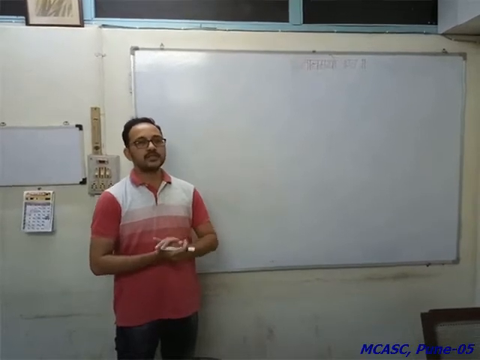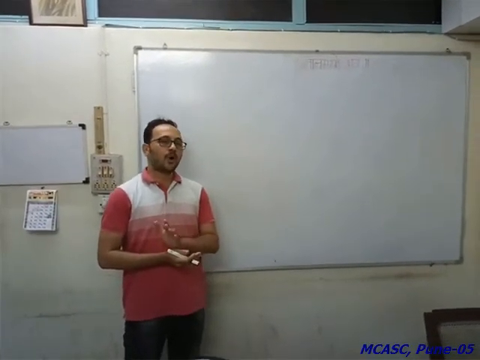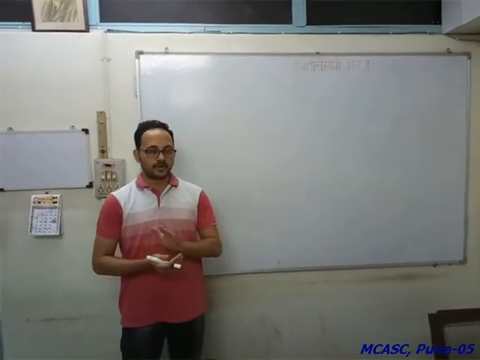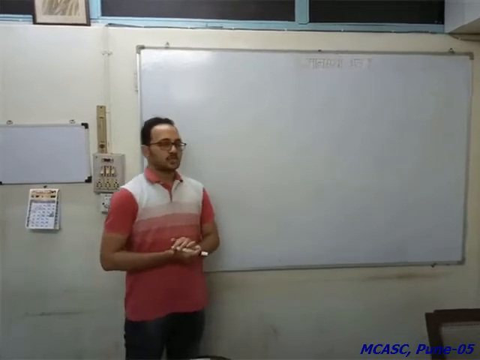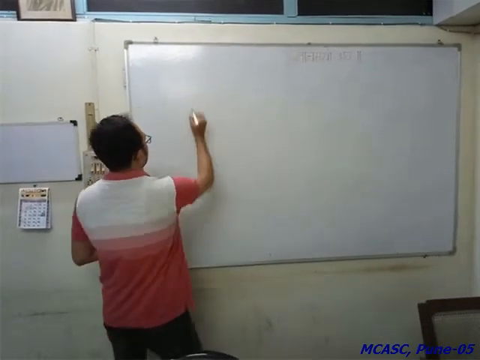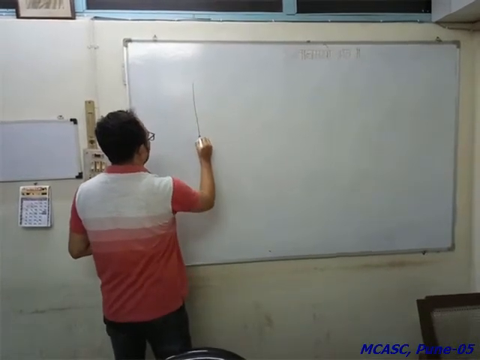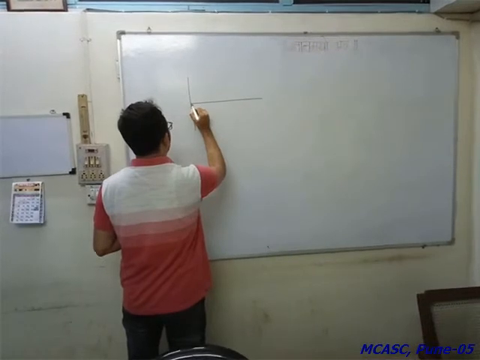In that case we are going to consider unknown frequencies generated from a signal generator. So basically, what is frequency? Frequency means the number of cycles per unit time. That is called frequency.